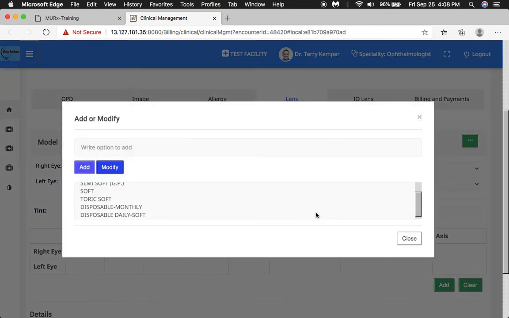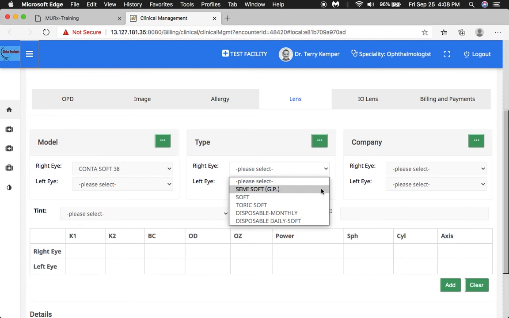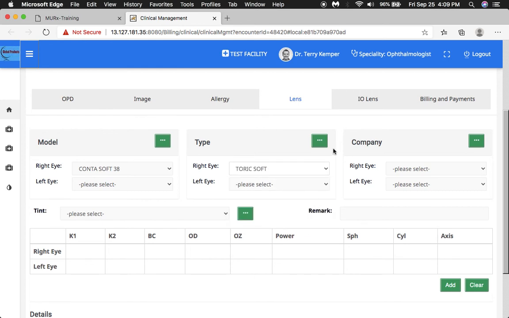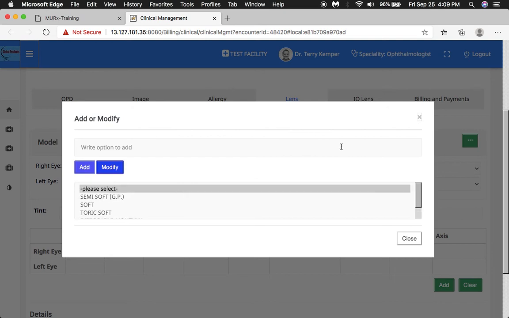Then next are the type of lens: semi-soft, soft, toric soft, disposable. The type too can be added to or modified,